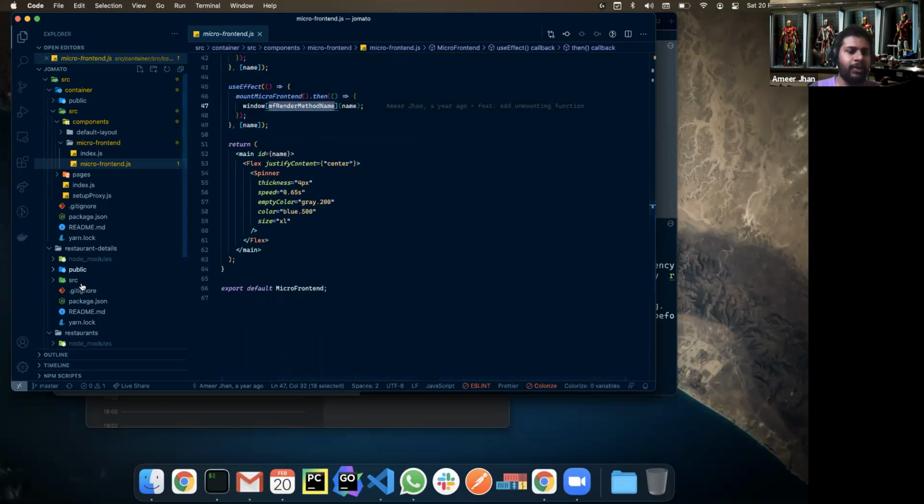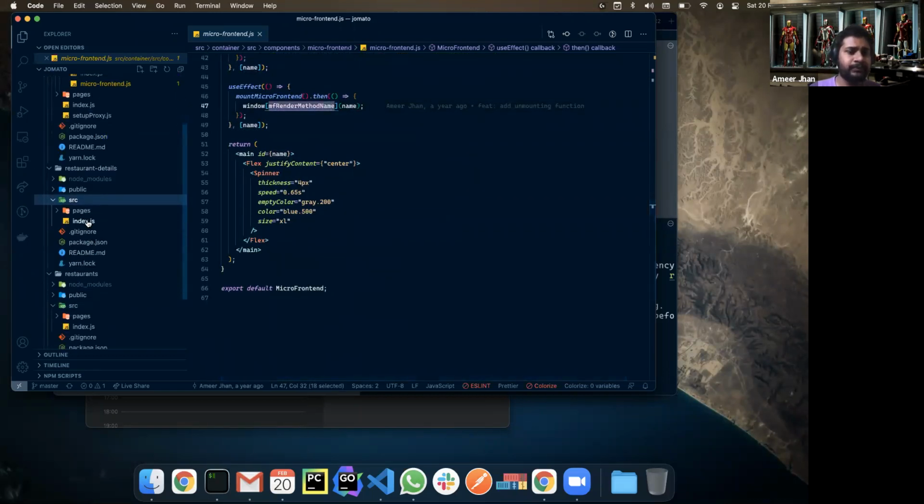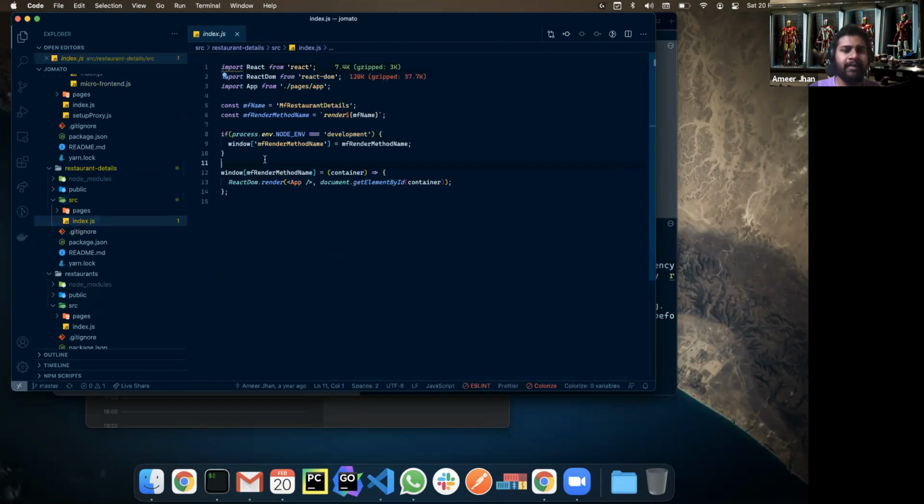If you come into our microfrontend in the index.js, whenever the process is development, I'm defining a common, kind of global, method on the window object, where the property name is render plus the microfrontend name.